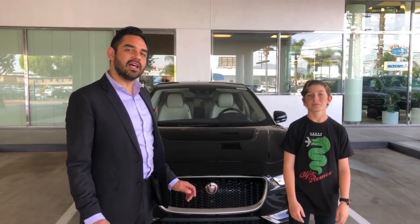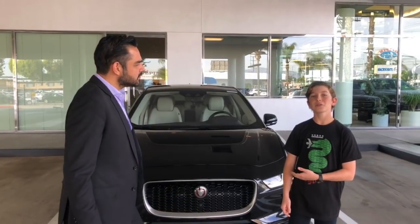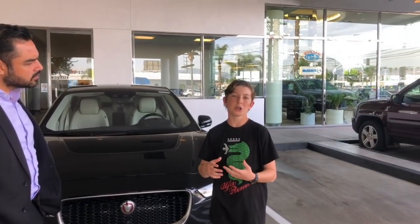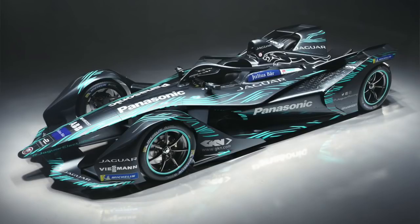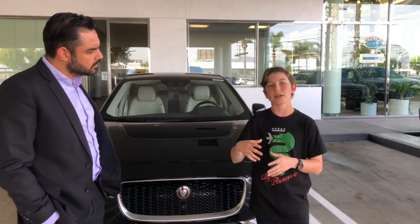Jaguar's new all-electric I-Pace. Joey, what can you tell us about the I-Pace? I-Pace is Jaguar's first electric SUV. It is aimed in the mid-size range, which is currently the best-selling range of SUVs. A lot of the technology in the I-Pace comes from the Formula E car that Jaguar has. Formula E is an electric Formula One series, therefore Jaguar can put a lot of the sporty driving characteristics into